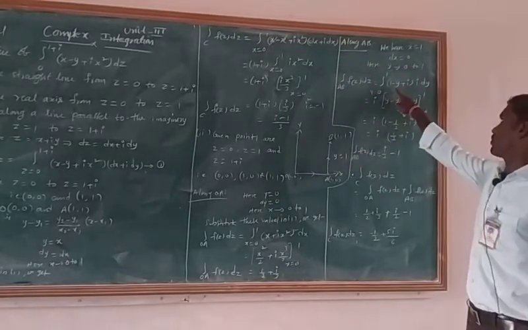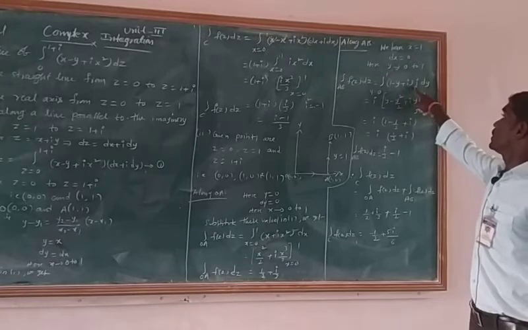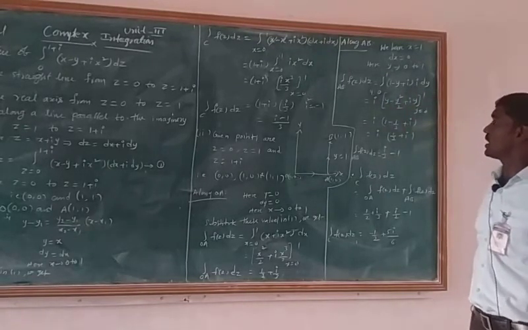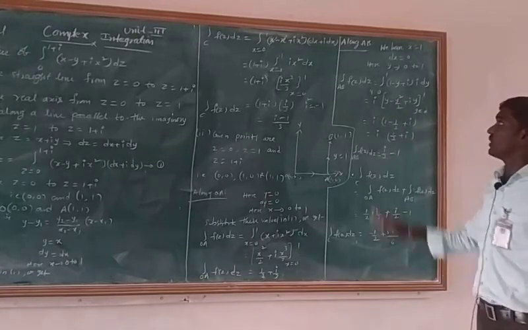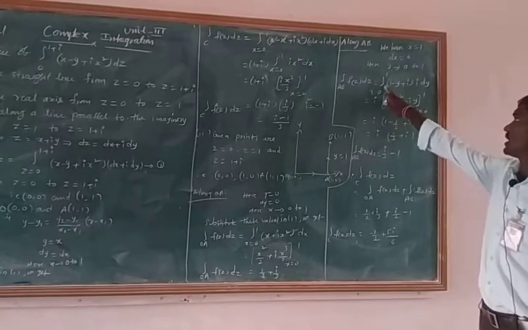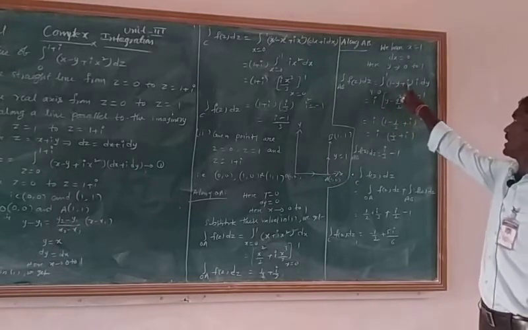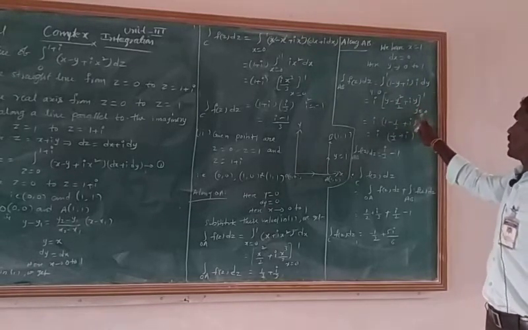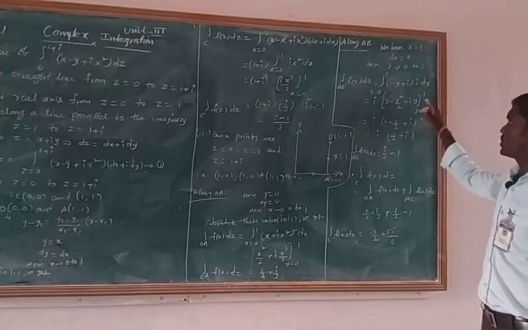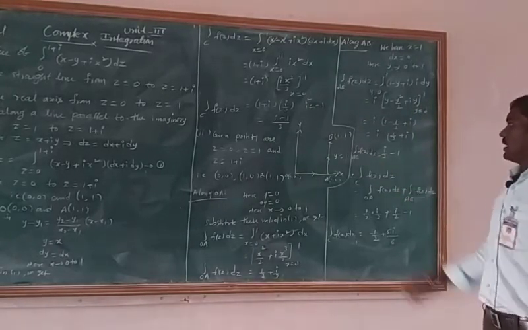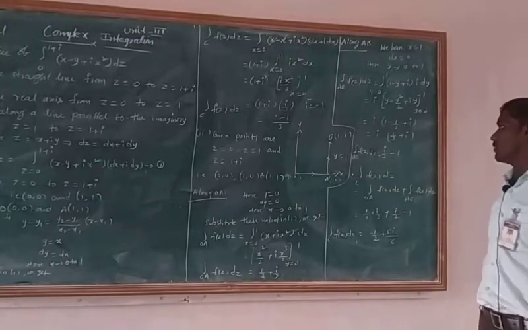Equation 1 becomes (1 minus y plus i) dy. Here i is the constant value; note this constant in front of the integral. Thereafter we can integrate this result. The integral of 1 dy is y, the integral of y dy is y square by 2, and the integral of i dy is i y. Y varies from 0 to 1. Now I substitute the upper limit and lower limit value, and simplifying, we get the result: the integral along AB of f(z) dz equals i by 2 minus 1.